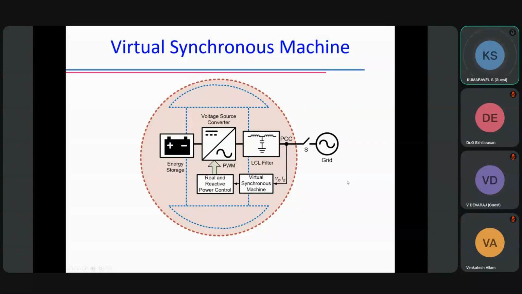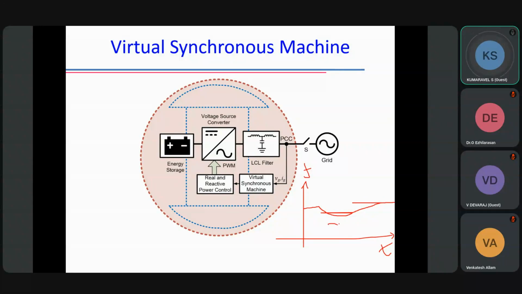Suppose you take a frequency component, assume that I'm drawing the frequency component here like this. This is your time and this is your frequency F, which you are maintaining at 50 hertz. Here, all of a sudden you are increasing the load. What will happen? Frequency will gradually fall down. Now AGC will come into the picture, it will restore, then it will go back slowly and settle down here.